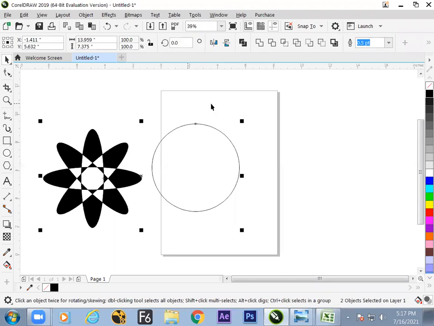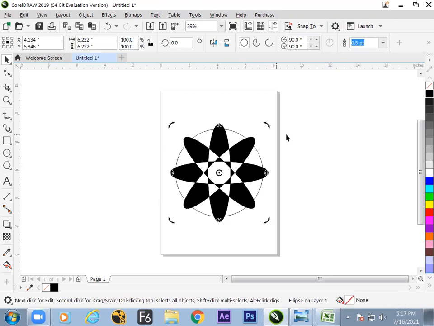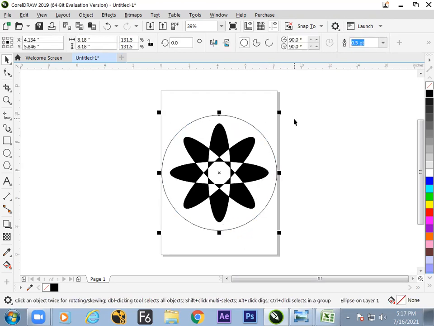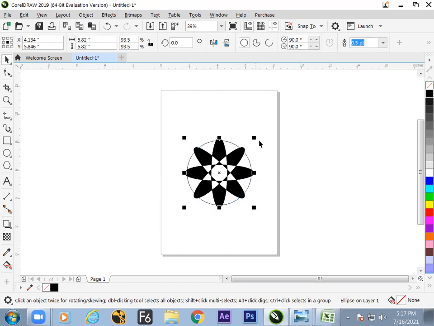Control A, and hit the button P to bring to the center. Select this and drag how big you want, and hit P, page center. Drag it down, drag down.